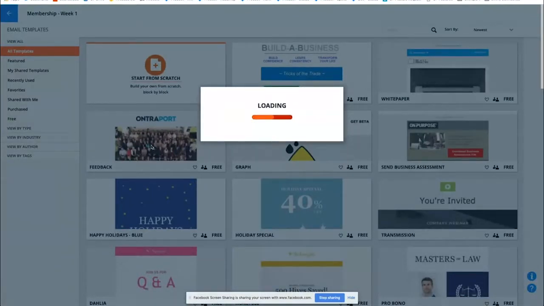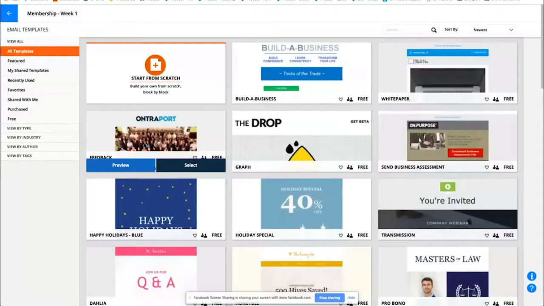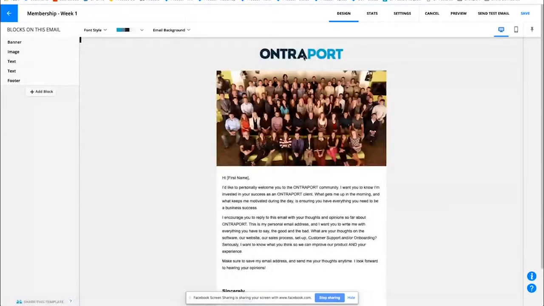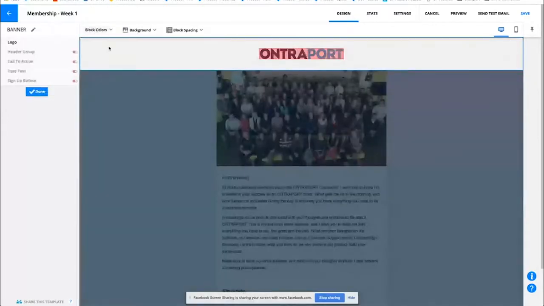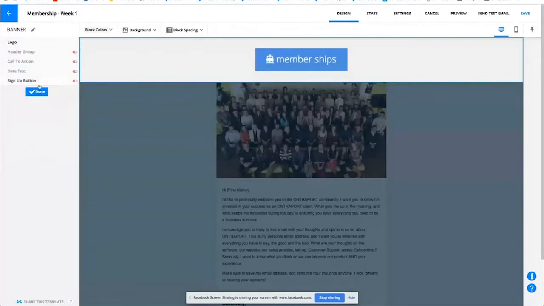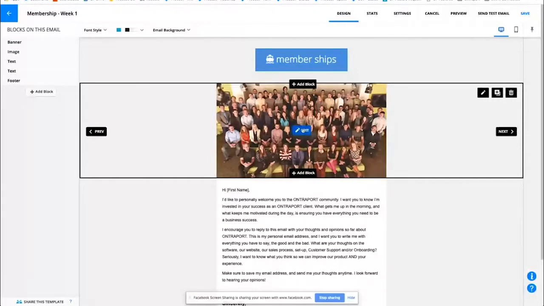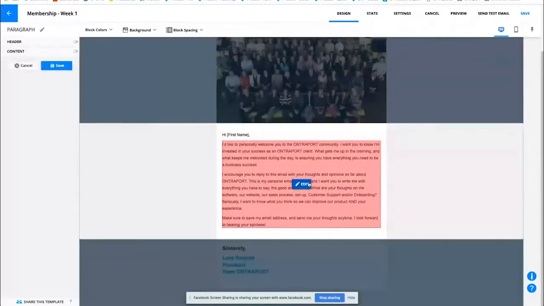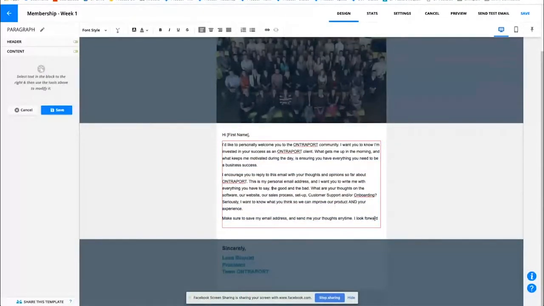I'll probably just use the feedback template. It's great, very simple and perfect for what we need. Just switch out my logo here real quick. Memberships. And if I wanted to, I could change out the image. And then I would say, hi, first name, welcome, here's week 1. And I'd probably give them a little link to